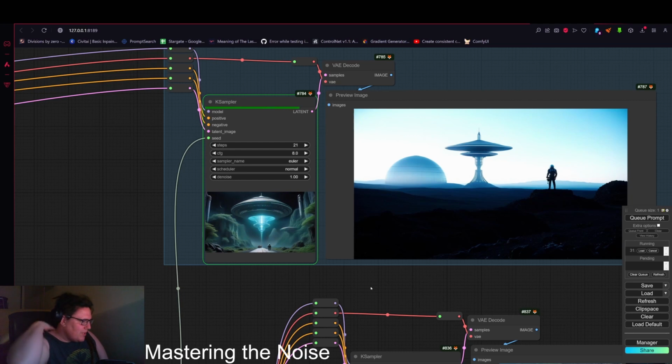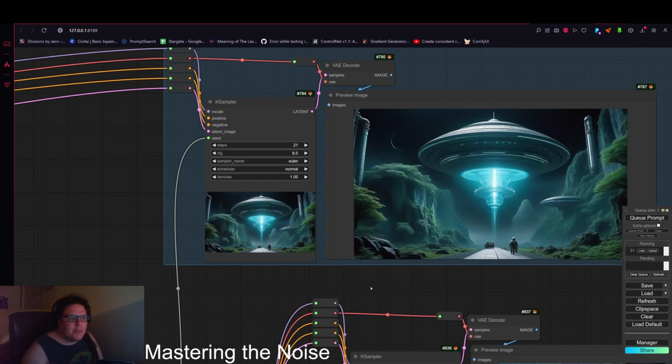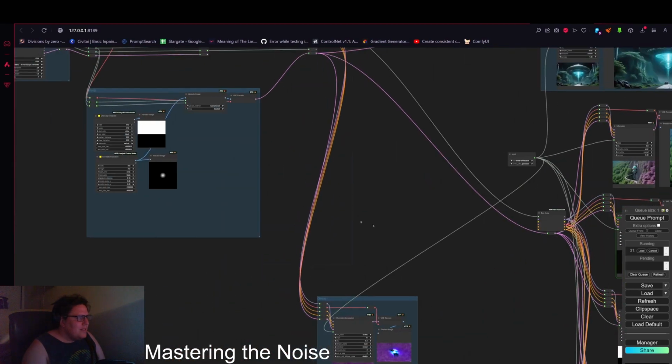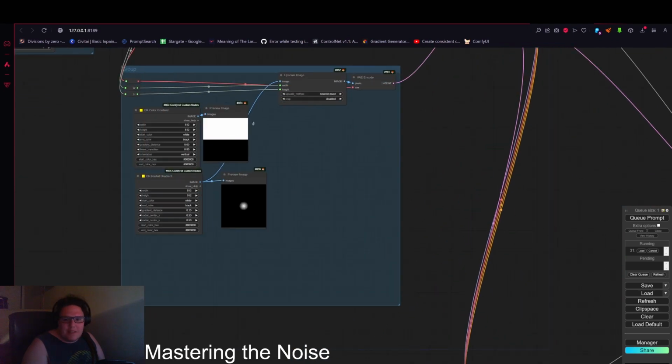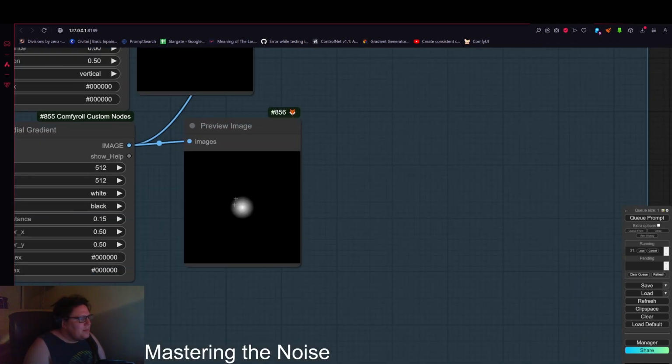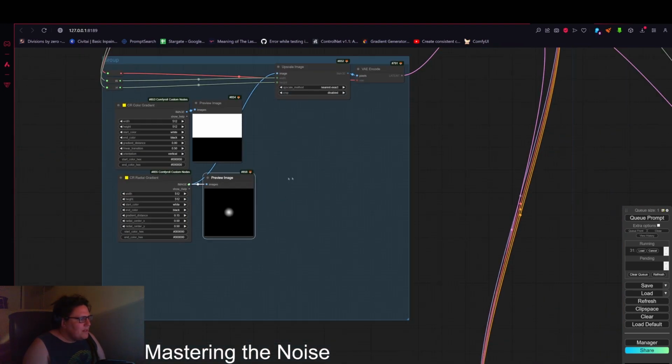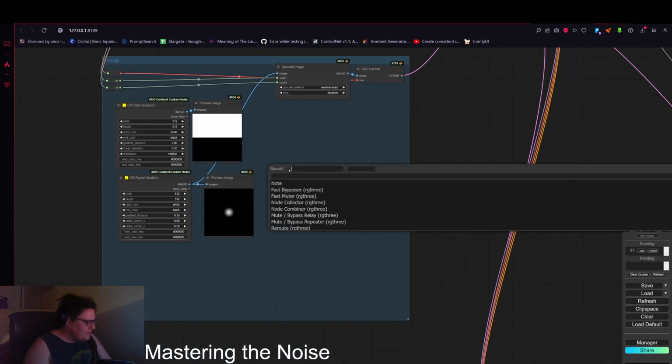And because it's really high on the denoise, if it thinks it can do something else, it will actually add details to it. But clearly it's not exactly following this hard line approach here, and that's probably because there's a little bit of smoothing, kind of gradient going on. Let's see what it does if I